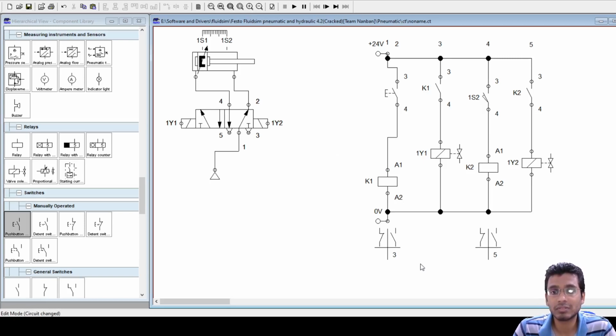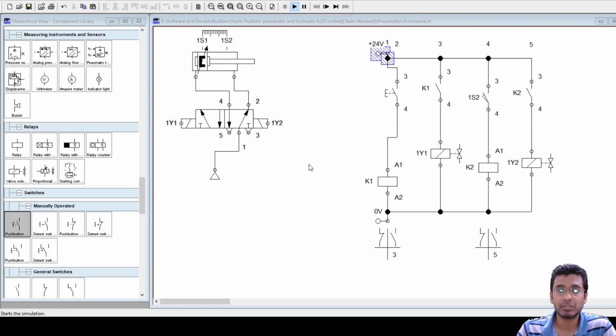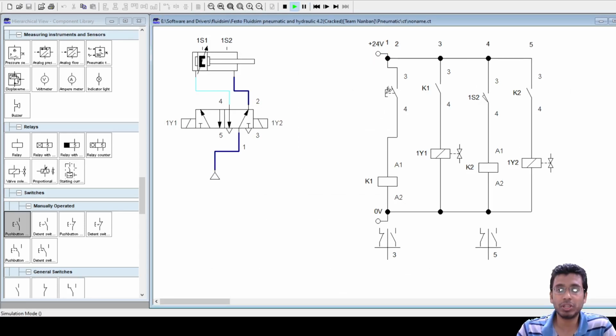Yes, sir. Actually 1S1 was required when you have to make it a continuous reciprocating circuit. For one cycle you do not require it, because you only need to press this, it goes to the end, and at the other end 1S2 is detected, which triggers the motion back. Now, to trigger the motion for the next cycle, that 1S1 was required, and you have to use it with the switch arrangement here.